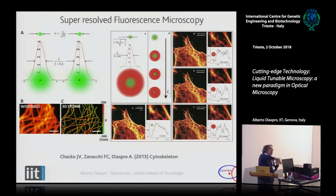You repeat this process several times until you get enough information for building your image, and in this case you are able to move from the wide field condition to this condition that is a super resolved condition. With the STED approach,